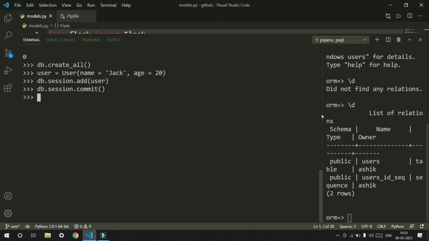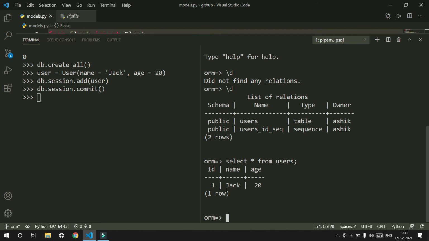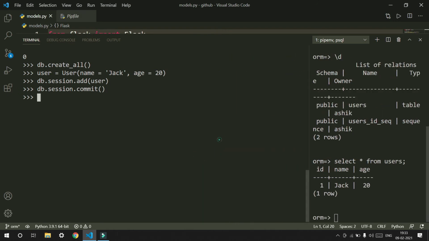Now if I do a select star from users, I have a single record in my database. For this tutorial, we need a couple more records as well.